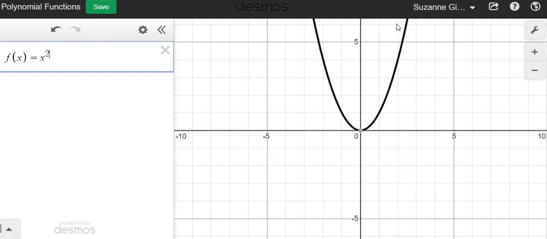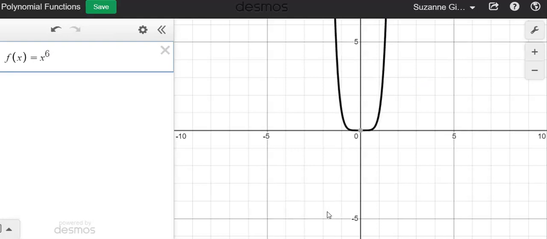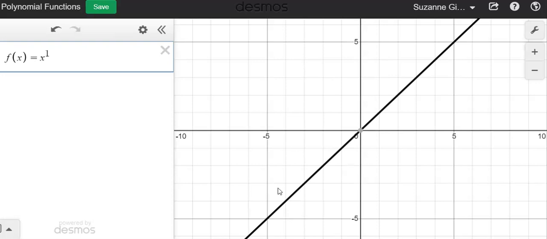So notice these ends are pointed up. This one's going up, that one's going down. That's similar to the quadratic. Another up and down. It's also similar to the quadratic. End behavior going up and here going down. So I don't know if you've noticed this pattern, but if we have a polynomial with a degree of 1,